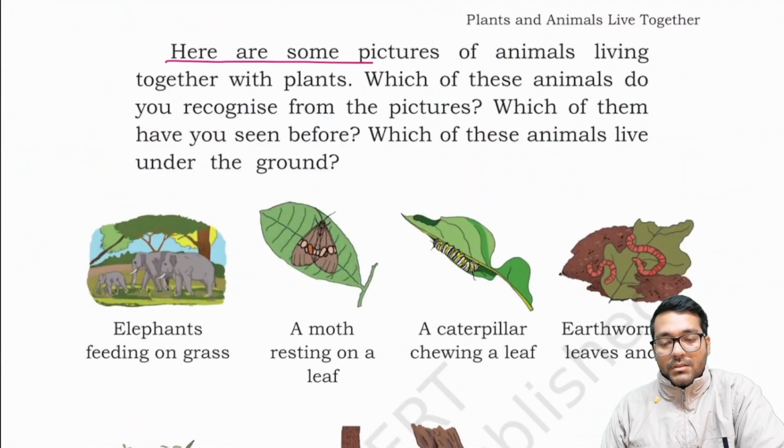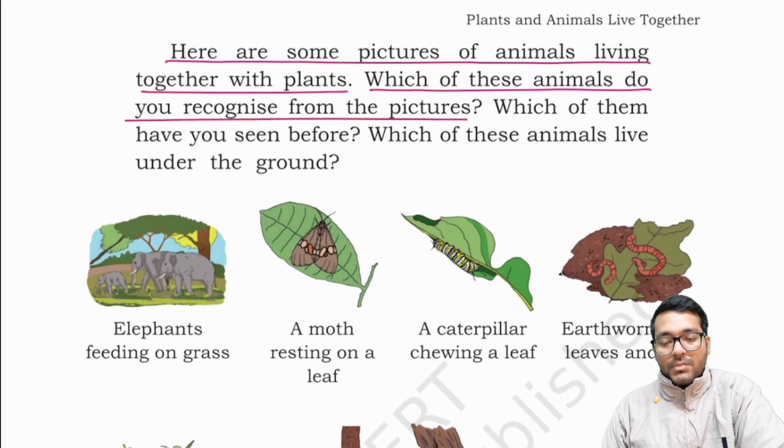Here are some pictures of animals living together with plants. Which of these animals do you recognize from the pictures? Which of them have you seen before? Which of these animals live under the ground?